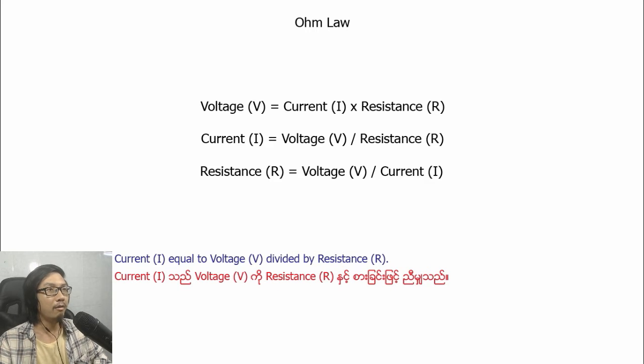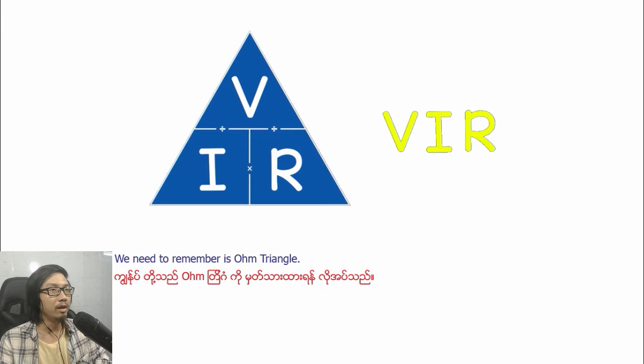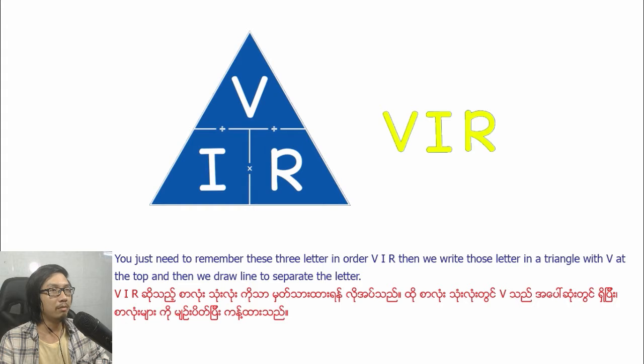R. Current I equal to voltage V divided by resistance R. Resistance R equal to voltage V divided by current I. We need to remember the Ohm Triangle. You just need to remember these three letters in order: VIR. Then we write those letters in a triangle with V at the top and then we draw a line to separate